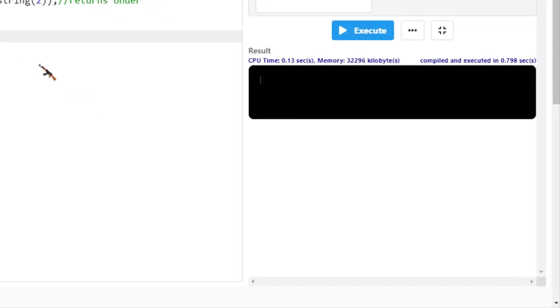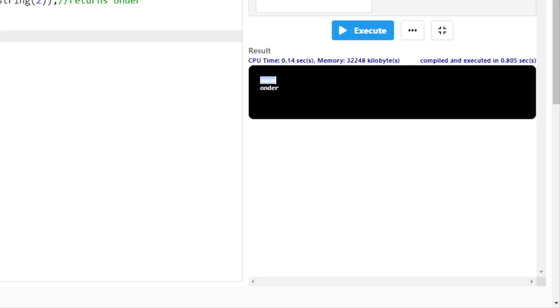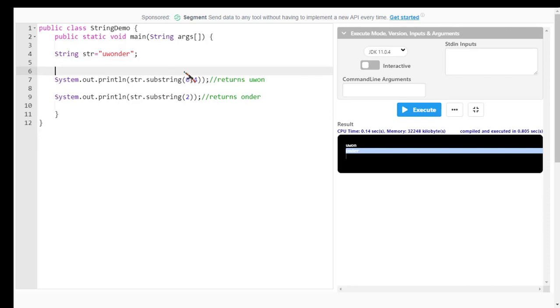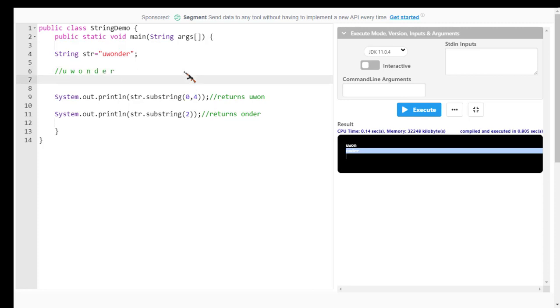Now it's time to execute and see the output. See, the first output is "uwon" and the second one is "onder". It means it extracts only 4 characters, not 5. If we count from 0 to 4, it looks like 5 characters. Let's see, "uwonder", and the index values are 0, 1, 2, 3, 4, 5, 6.